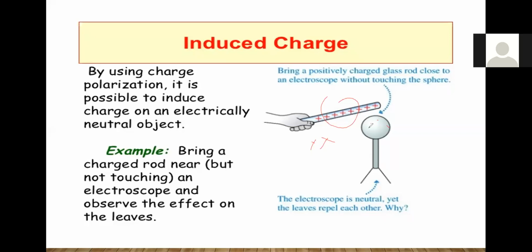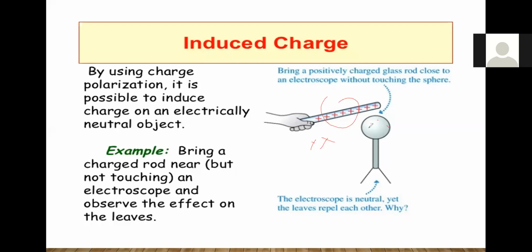So actually, the pen itself has no charge. It has nothing, it's neutral. In the beginning, the pen is neutral because it's made from plastic, and plastic doesn't conduct electricity. But by just trying to conduct some electricity for a very, very small time,